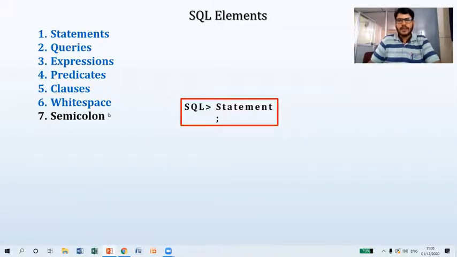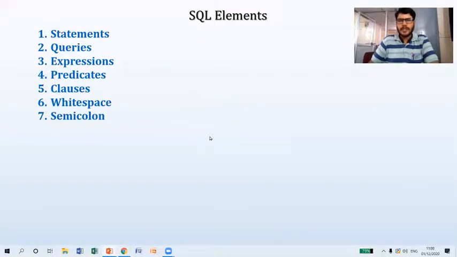And lastly, the semicolon. Every SQL statement has to terminate with a semicolon. It is something like a full stop. We use a full stop to indicate the end of the sentence. Hange ಇಲ್ಲಿ ನಾವು SQL statements ಬರಿಬೇಕಾದ್ರೆ we are terminating the SQL statements by using a semicolon. As you can see here, I am using a semicolon to terminate the statement here. So this is the semicolon, which will be used as termination. So I hope these are SQL elements, and I hope there is no confusion regarding SQL elements.